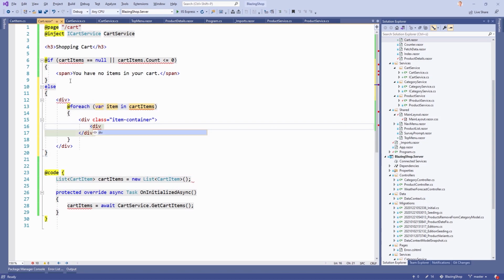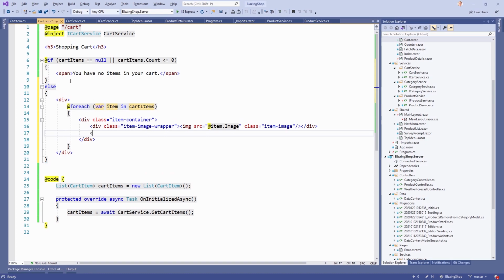And now in here we have an item image wrapper where we will see the image of the product, and we can already use the image variable here and also add another class which would be item image. After that we add another div with the class name item name,